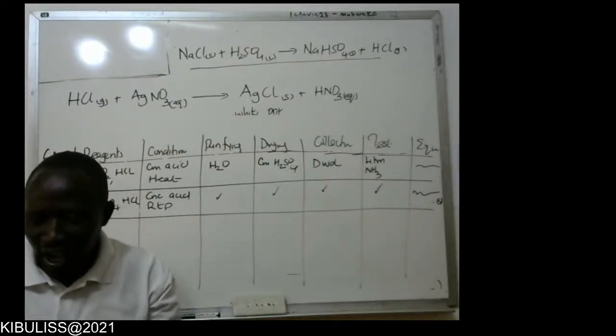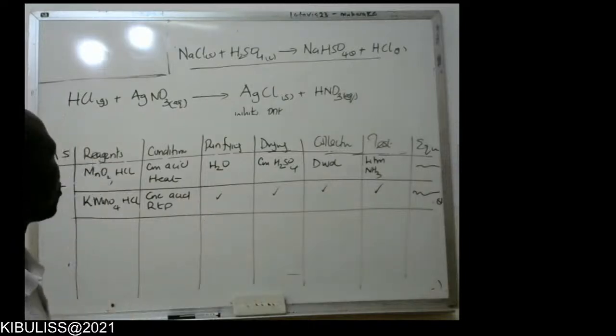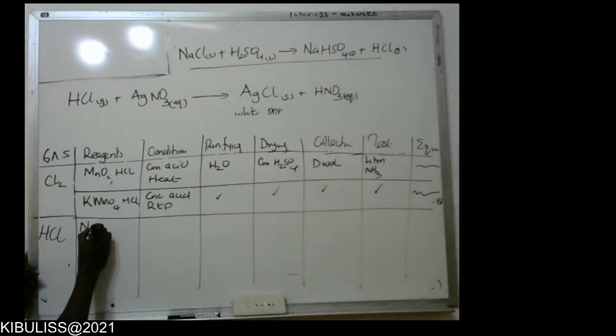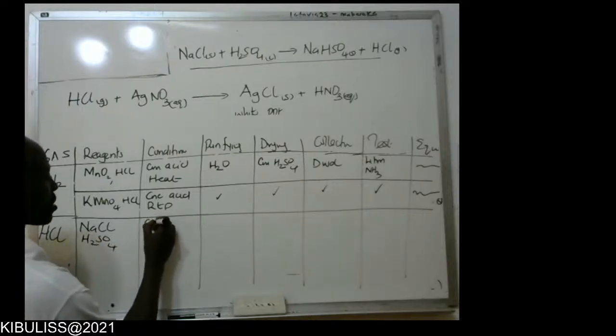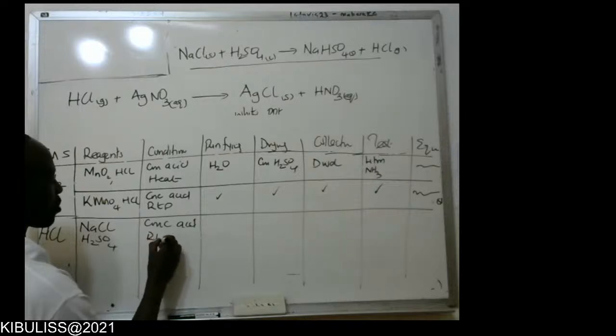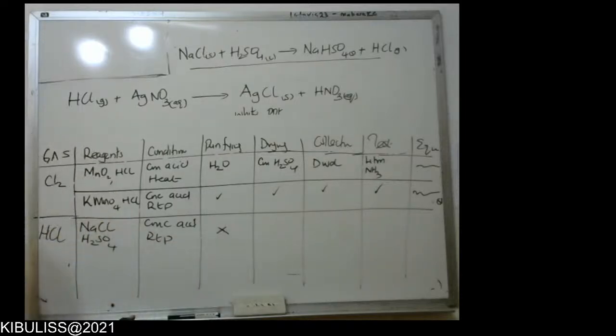An acid only ionizes when it is in solution and is dilute. So let's look at hydrogen chloride gas. Reagents: sodium chloride. What else do we need? Sulfuric acid. The acid must be concentrated acid. Reaction takes place at room temperature. Purification not required. Why? The